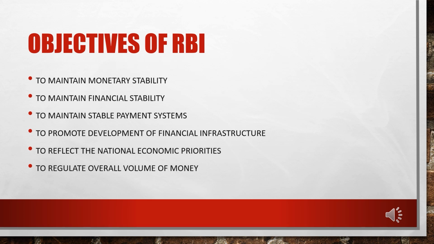Second is to maintain financial stability and ensure sound financial institutions so that monetary stability can be safely pursued and economic units can conduct their businesses with confidence. It is a very broad objective, you see. Okay, let's understand what is financial stability. Now financial stability is a buzzword, right?